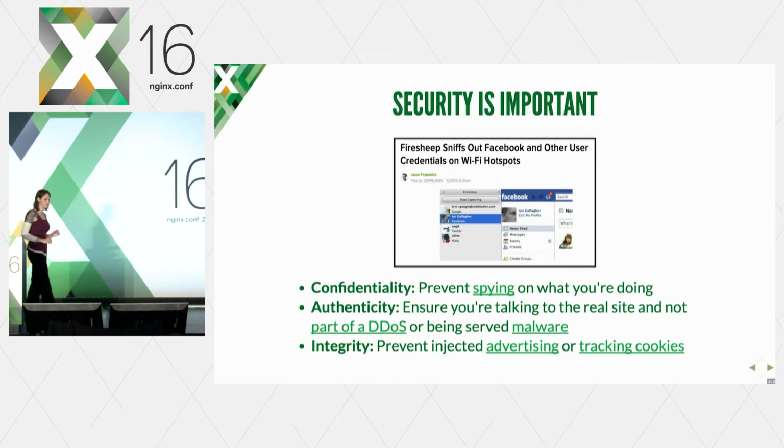And furthermore, you don't have what is known as integrity, which means that somebody who's in the middle of your communications can inject traffic into what you're trying to do. And we actually see this a lot at Mozilla. If you are from the United States, you might be familiar with what is known as the Verizon supercookie, where Verizon partnered up with a bunch of companies to secretly inject tracking cookies when you would browse to HTTP websites from your phone, and they could track you from one site to another. But it's not just Verizon. I mean, lots of network providers do this.